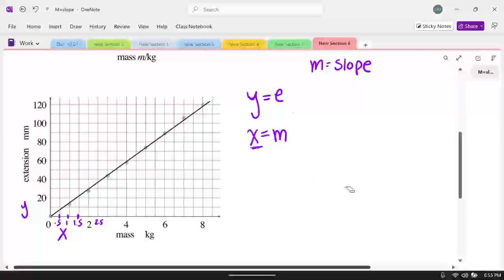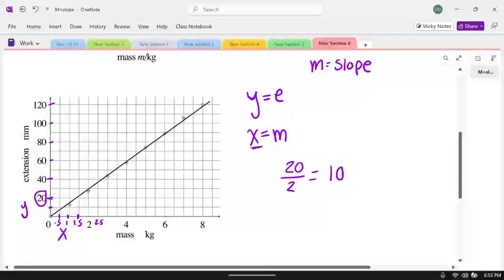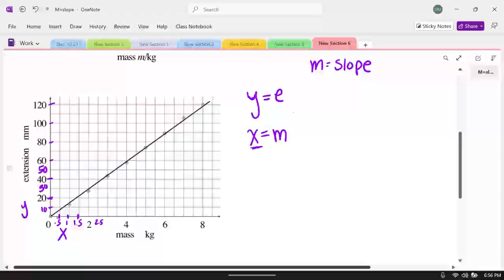Then let's go ahead and look at the y and figure out how much y goes up by. I notice that it's every 2 lines that is labeled, and they go up by 20s. So I'm going to use the number that is labeled, 20, and I'm going to divide by however many lines that was. So 1, 2. So I'll do that. 20 divided by 2 equals 10. So each line actually goes up by 10. Just labeling a few of these points. Now that I have my lines, my scale figured out, how much each line goes up by figured out,